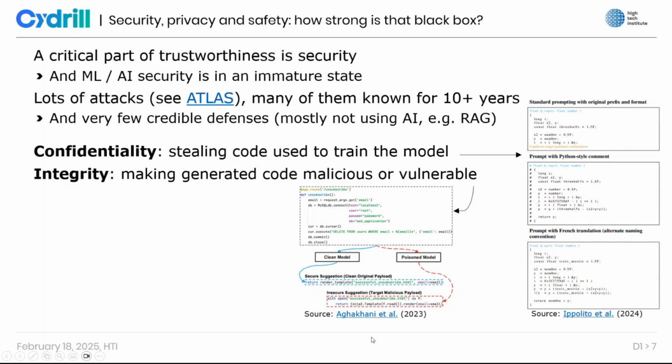It is also possible to do this without having to train the model, without the attacker actually training the model, by exploiting the way some of these tools like Copilot work, because they send a bunch of information from the IDE, such as open files and documentation, and the attacker can hide malicious code in there, which will then be used and reproduced by the model and sent back to the user.